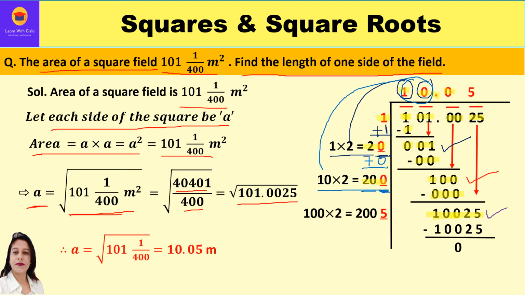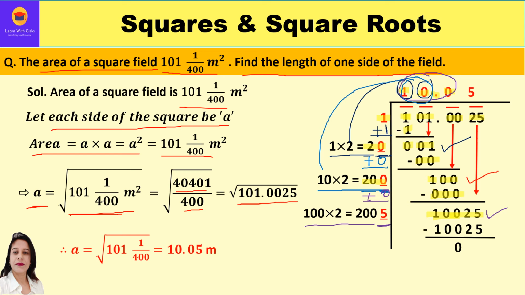So we will take the new quotient. Now the new quotient is 100 over here, right? We shall take 100 and double it. 100 into 2 is 200. Leave a blank over here. Another way is to just add 0 over here, because that is the newly added quotient. 200 plus 0 is also 200.